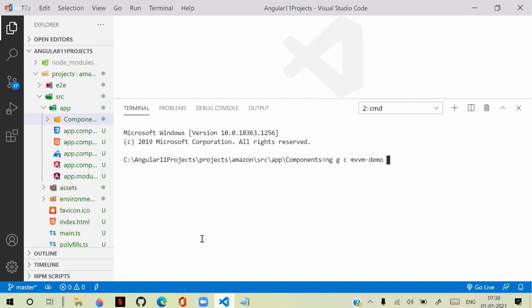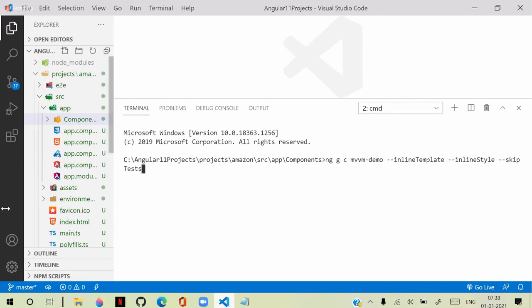MVVM is good when you are using the inline technique. So I will add inline template, which is true. I am adding inline style, also true. And I will use skip test.